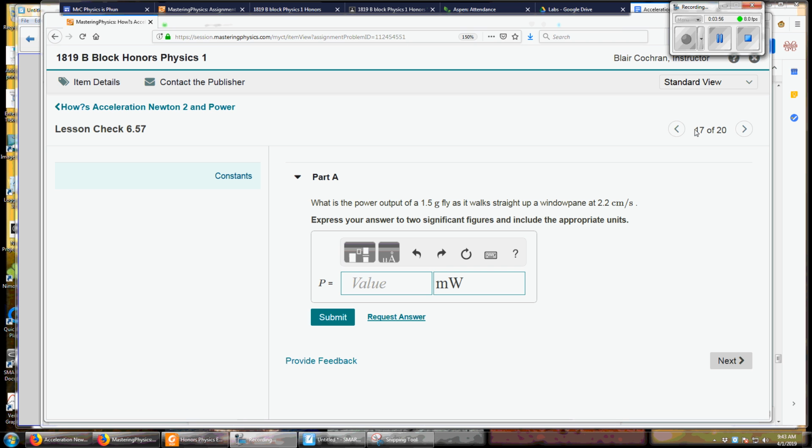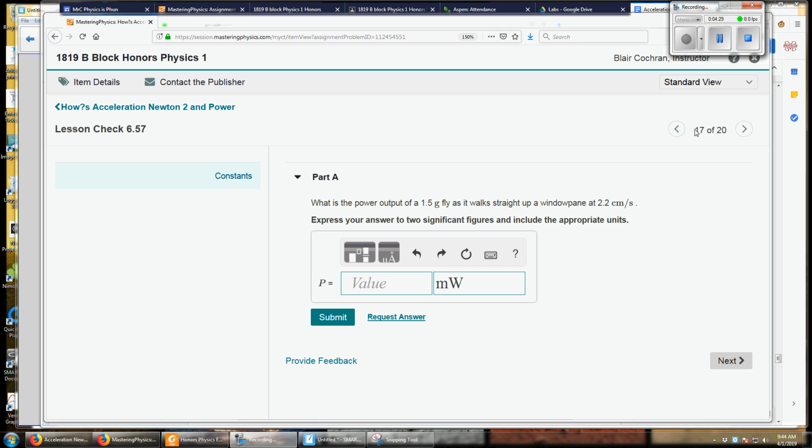Alrighty, let's look at number 17 here. The power output of a fly as it walks straight up a window pane at that speed. Ooh, grams and centimeters per second. And then they want the answer in milliwatts. So I gotta watch my units, right? Alright, so